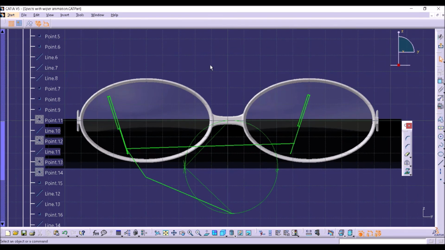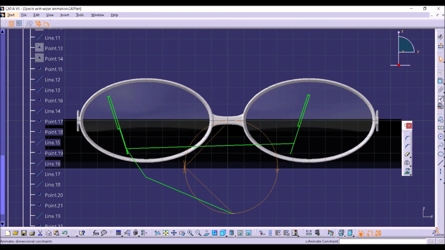This is how other links help the wiper to move, and those links can be hidden during animation.